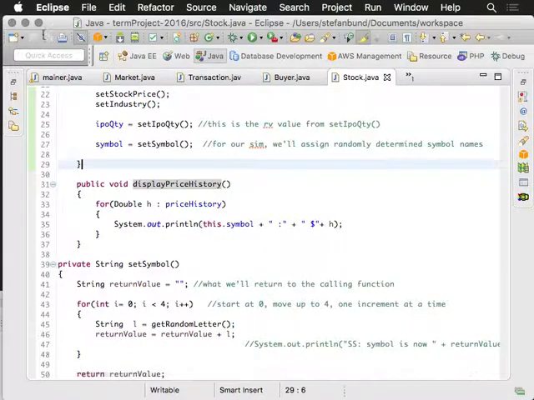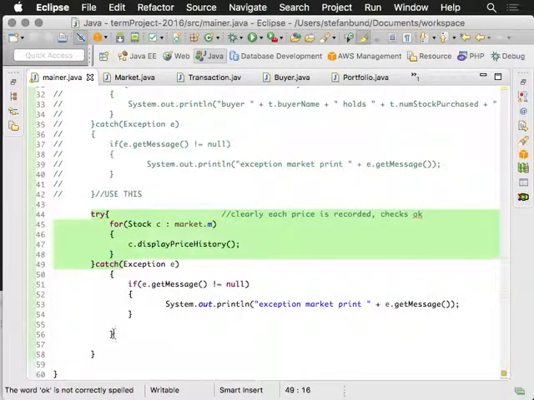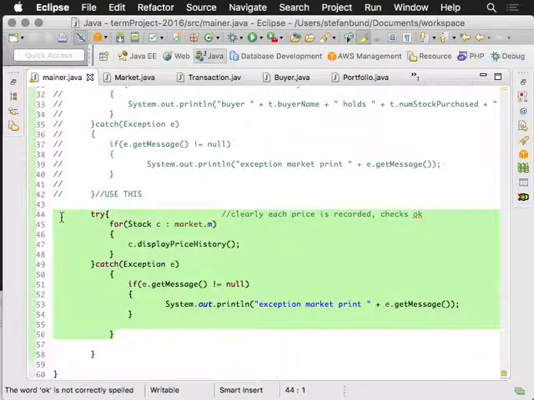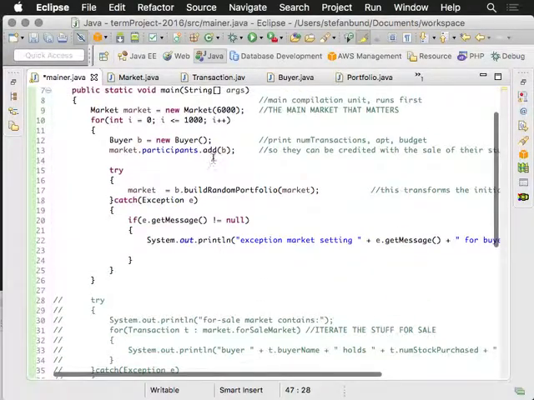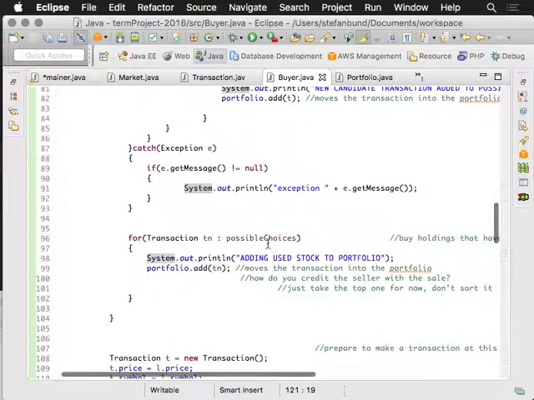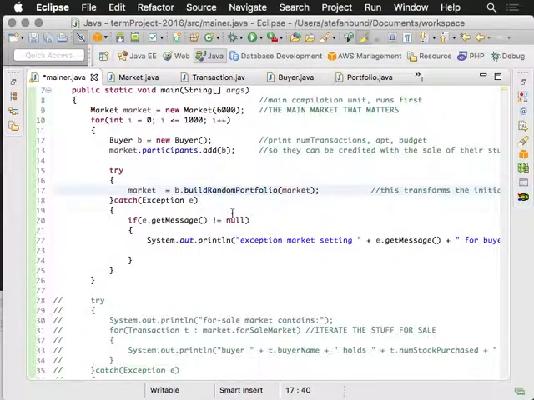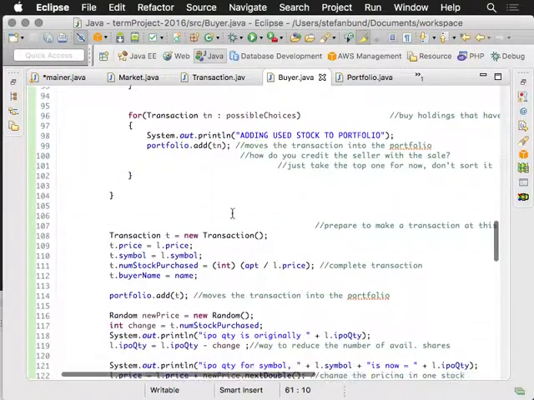And so I know that there's these stocks, the pricing is happening, and that price increase is taking place. So let's go up there and let's cancel that right now. And then another thing that I'm doing right here is, if I go to the buyer, build random portfolio, another thing that I'm fooling around with here is